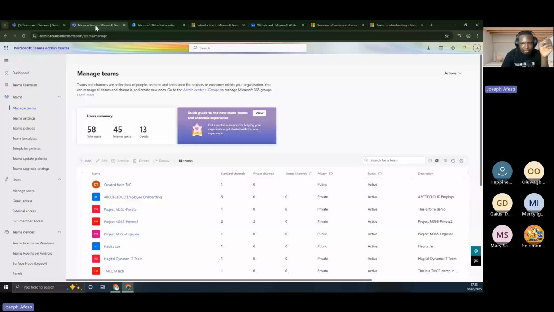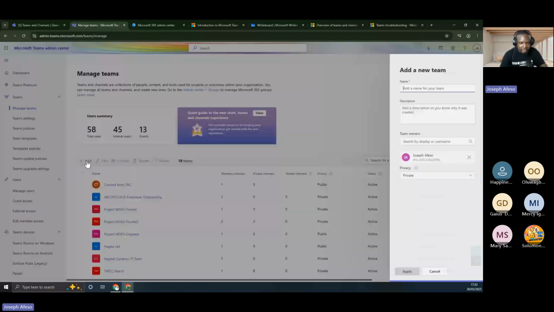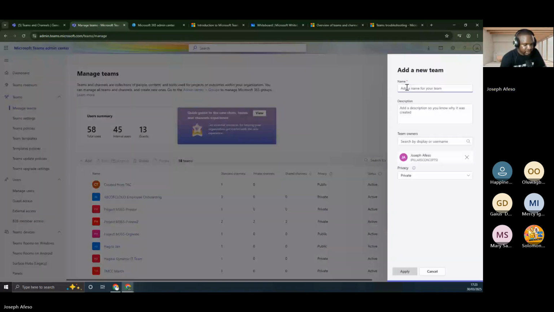I want to create another one now, and I will deliberately add an owner myself. Created from TAC with an owner, and then I want to make Benga an owner of this team. I want to make it public as well. I'll apply. So I'm just waiting for it.